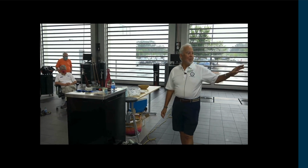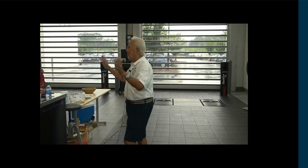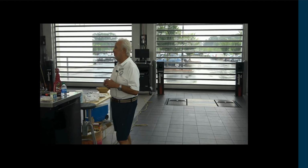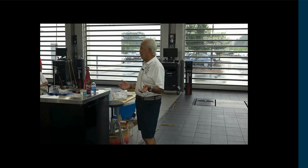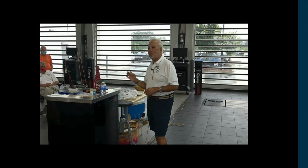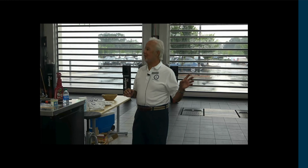So, clean underneath the hood. Now, when you get all that grease off the painted surfaces, use a quick detailer to clean it up and make it look nice. The one thing you don't want to do with your engine compartment, and Diana will attest to this,